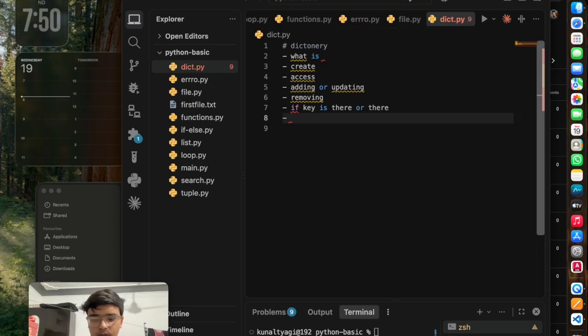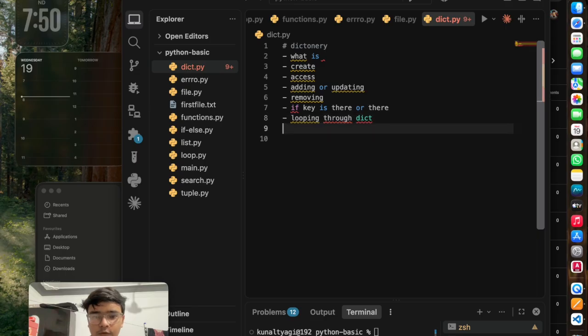After doing these things, we are going to see looping through a dictionary. We have also seen looping through a list and a tuple. Now we are going to do the same with a dictionary. After that, we are going to see some common operations or methods.